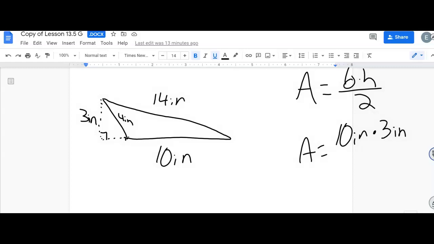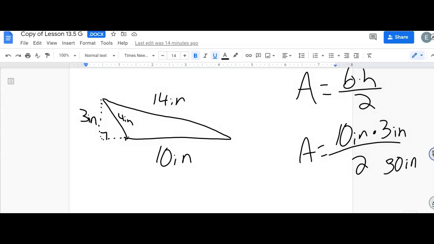Because it has a right angle, which is square. It makes it a little square because squares have right angles. Okay? So the 3 is the height because it creates the right angle. Divide by 2. What is 10 inches times 3 inches? Ileana? 30